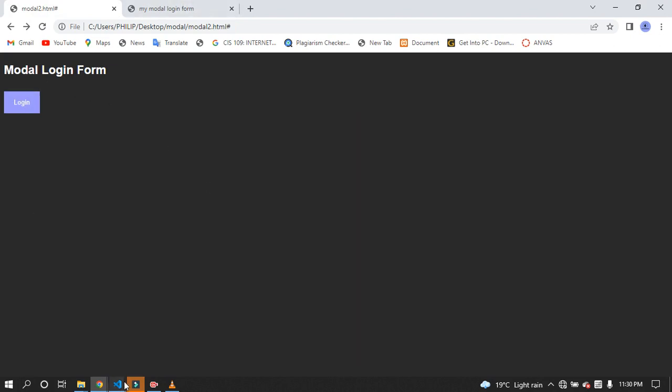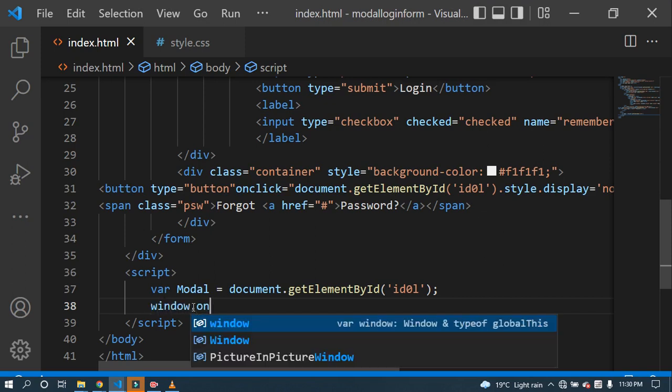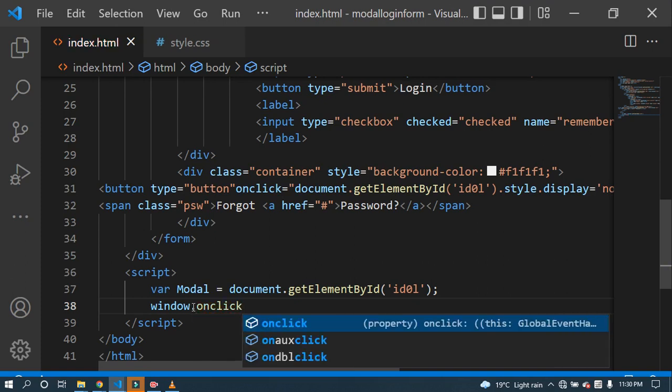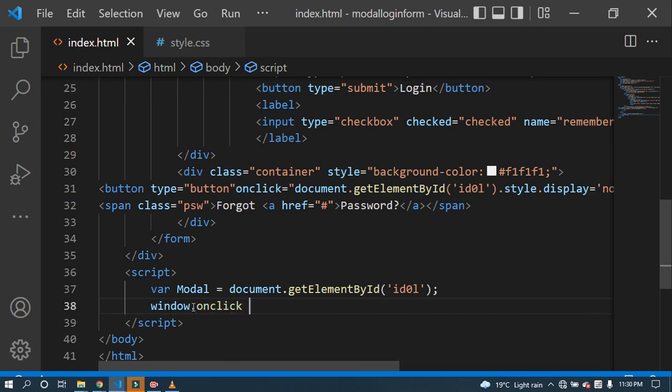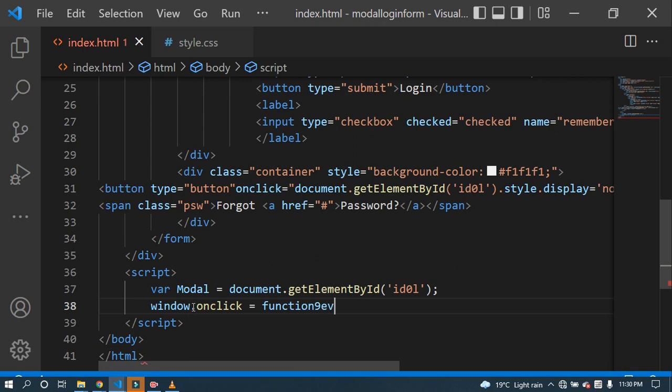All right, so to set that, just need to come here, and then you say that window, you can say that window on click, when you click on any part of the window, then you'll have the function. Then the function is an event. That's okay, because it's on click event, so this is on click event. Then say that